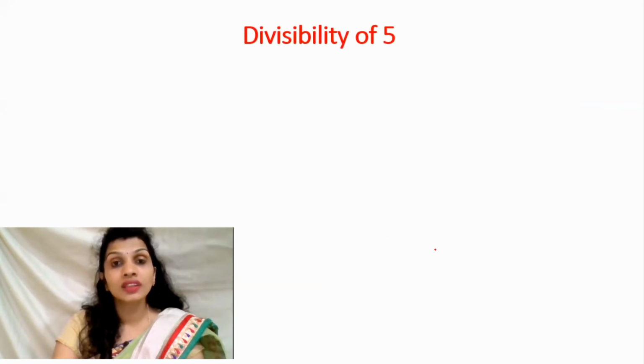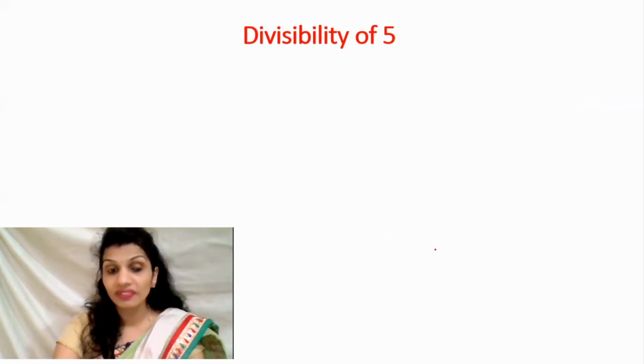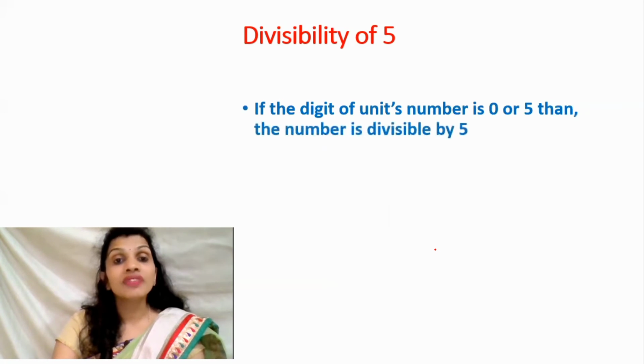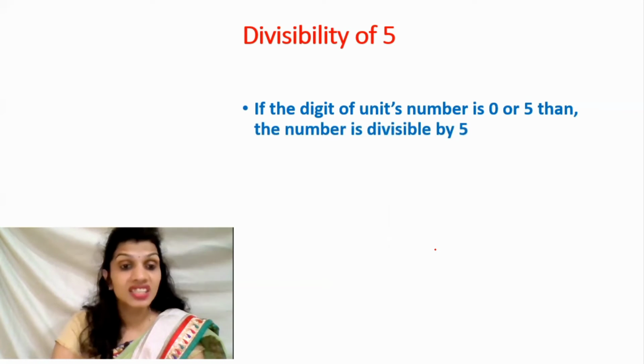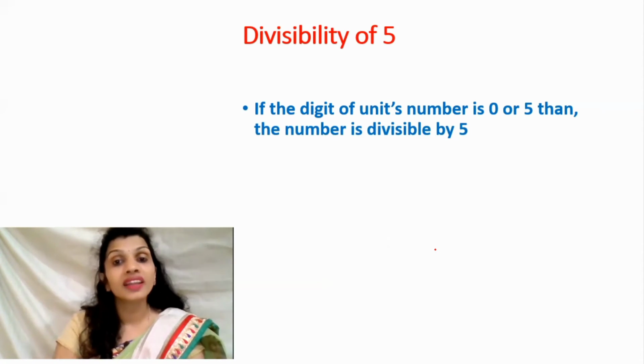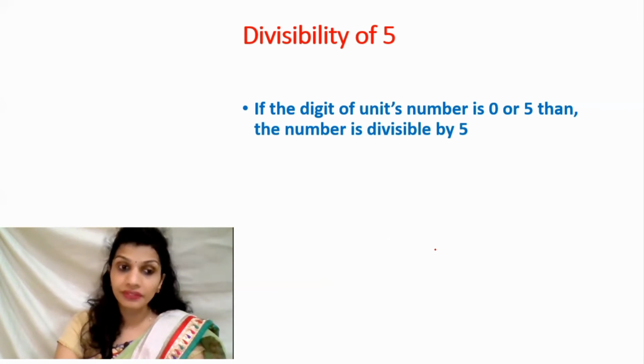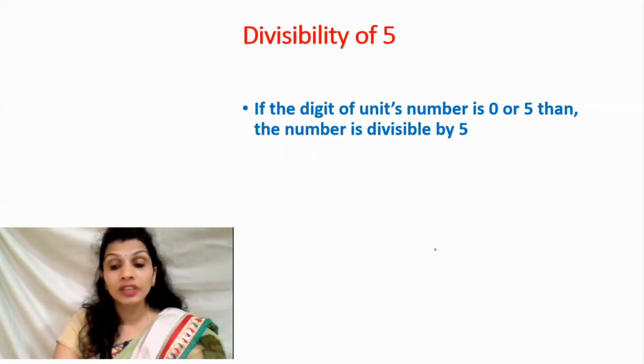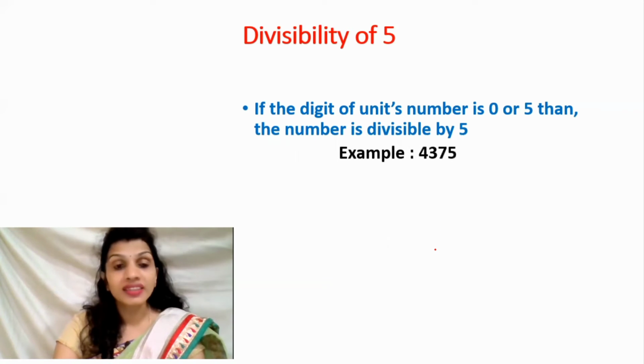Now we are going to see the divisibility rule of 5. The rule is that if the digit of the unit place is 0 or 5, then the number is divisible by 5. So we will do it by one example. Let us take the number